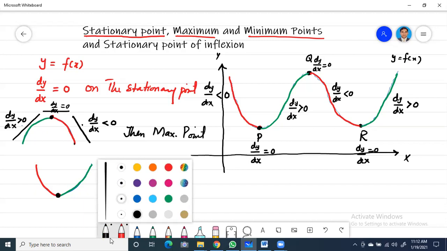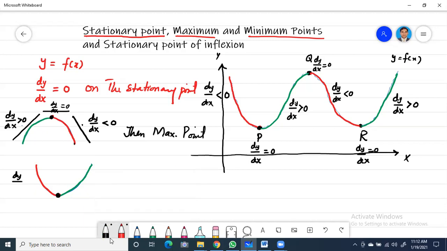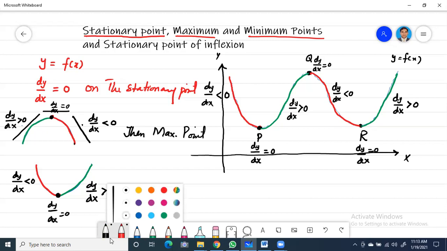Again you can see here, before the turning point dy by dx is negative, mean rate of change is negative, derivative negative. At the turning point dy by dx will be 0, and after the turning point, as gradient is positive, when gradient is turning from negative to 0 and then positive from left to right, then the point is